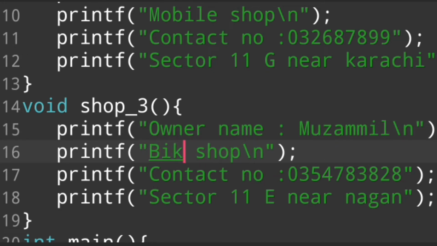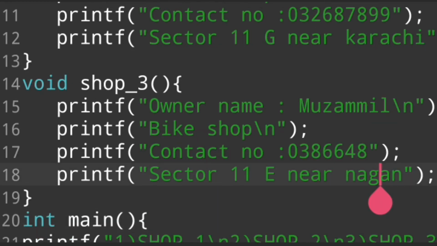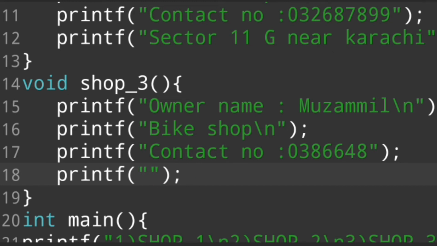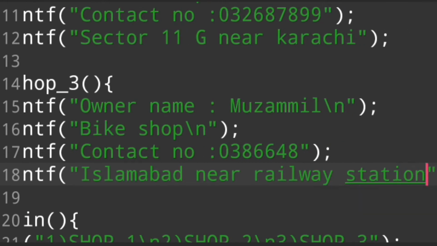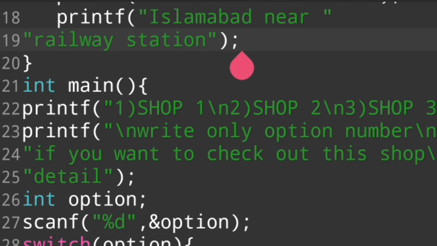The shop of Muzammil is a bike shop, and then the contact of Muzammil is, for example, this, and then Muzammil's shop is held in Islamabad, Lahore, near railway station. I hope you understand this topic. I hope you understand this program very well.